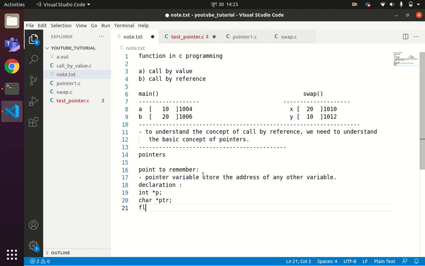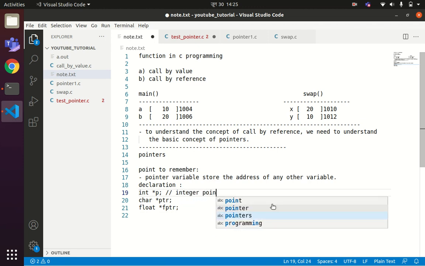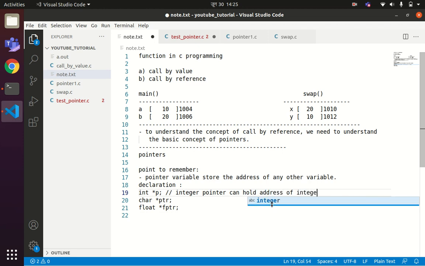If you want to declare a floating point pointer, then you can write float *fptr. An integer pointer can hold the address of an integer variable.